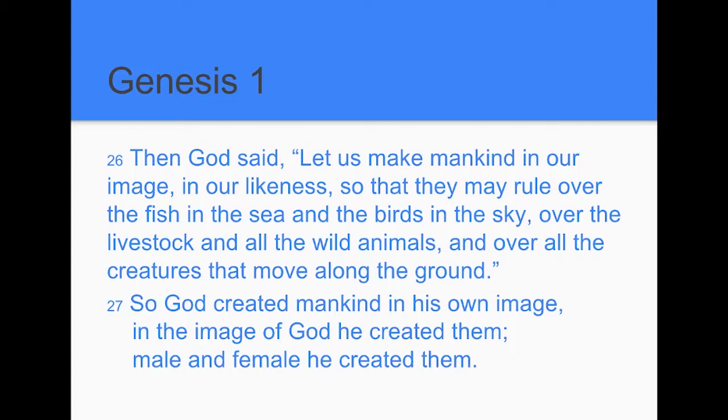So an important thing to notice here is God created birds according to their kind, and he created fish according to their kind, but he created humans one at a time. He made Adam, and then he made Eve, and then he said these will be the first parents of all living humans. There are not different species of human. We are all descended from the same first parents.